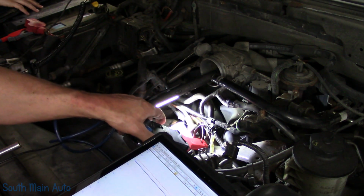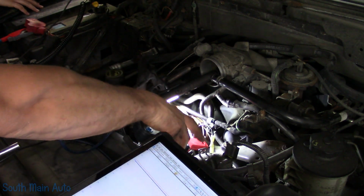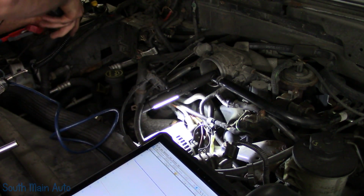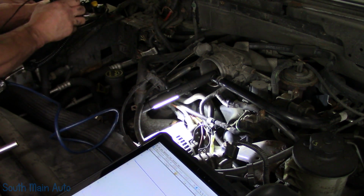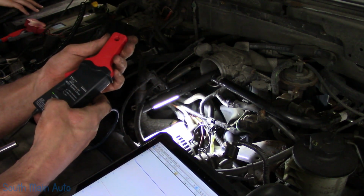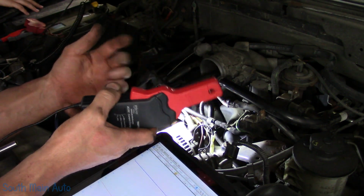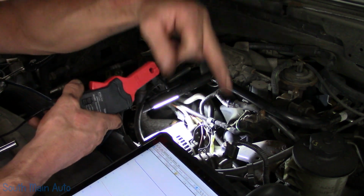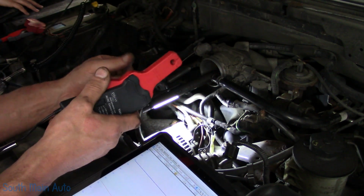Oh yeah, okay, so we got more current being lost than what we're reading. I'm sorry I'm jumping around here. I just want to be able to give you guys the whole story because I'm not clicked on where I should be. Nope, because see, I'm using my low amp clamp. Based on previous experience, I thought it was going to be the gem module, so I am only on the battery wire going to the junction box, which essentially feeds the gem module, because I'm just basing it on previous